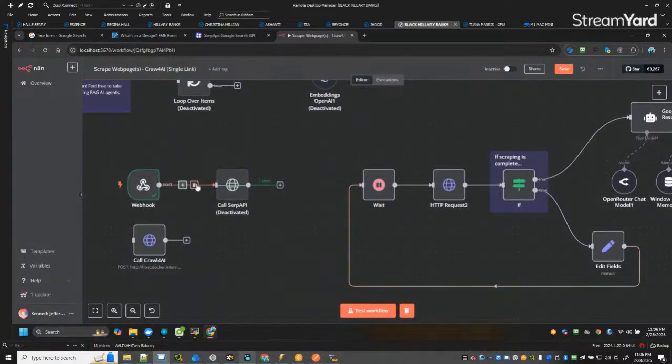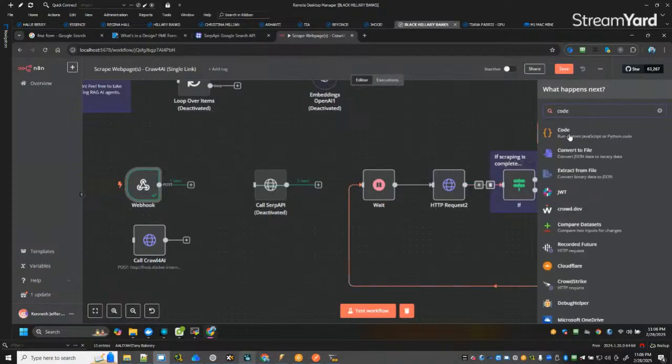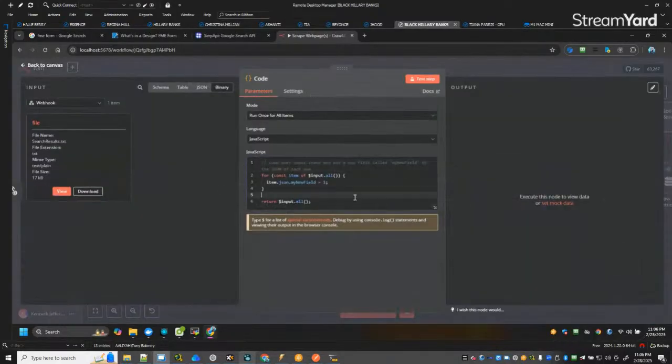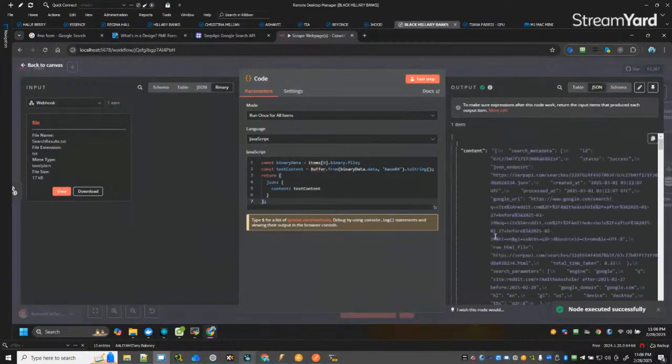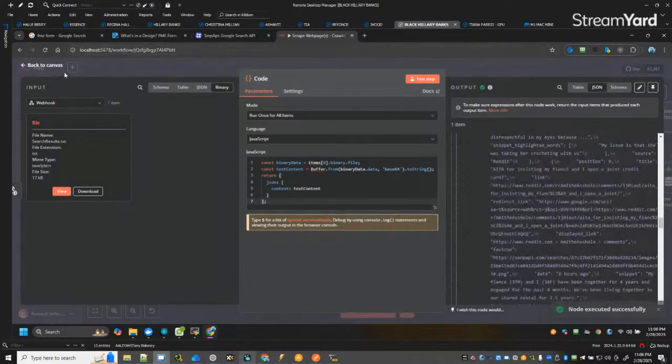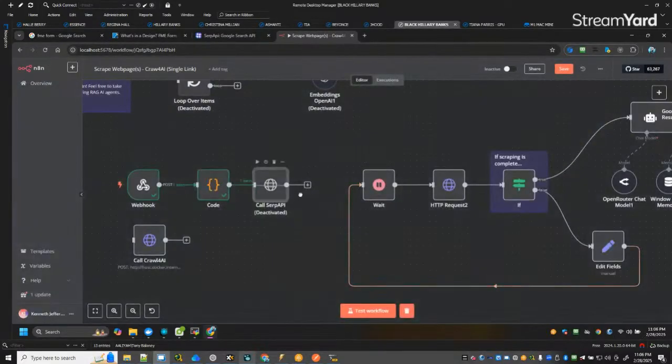Okay. We can break this chain. We're going to bring in a code node here. And going to do that. And then there's our JSON right there. Good. All right. Now that we have our JSON